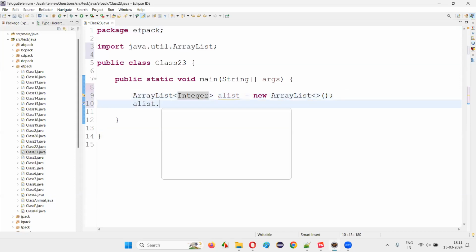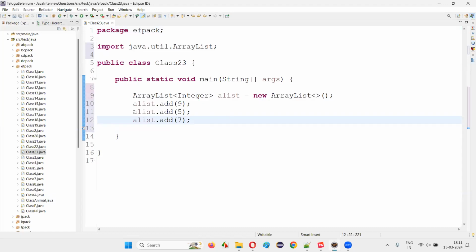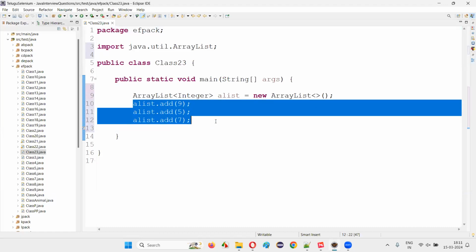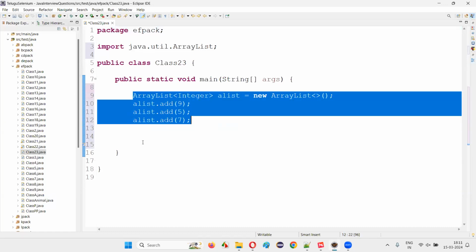Then you mention aList.add(9). Then aList.add(5). Then aList.add(7). Okay, aList.add(9), aList.add(5), aList.add(7). Now, what I will do here is